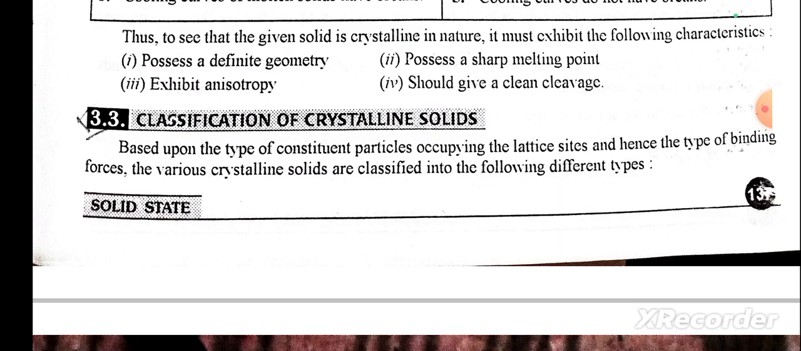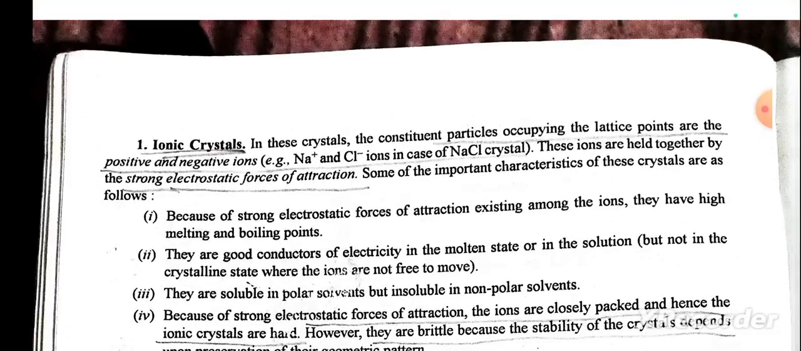Classification of crystalline solids. Based upon the type of constituent particle occupying the lattice sites and the type of binding force, the various crystalline solids are classified into the following types. First is ionic